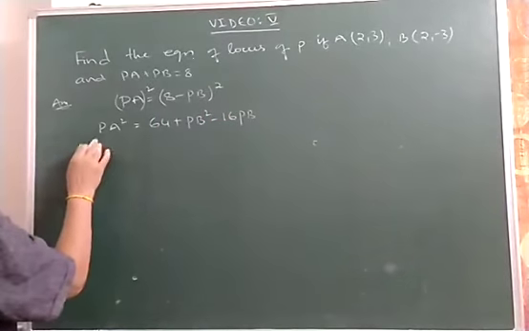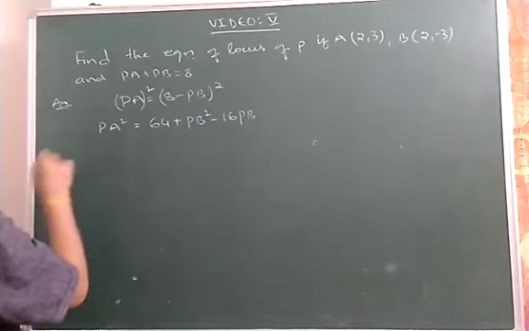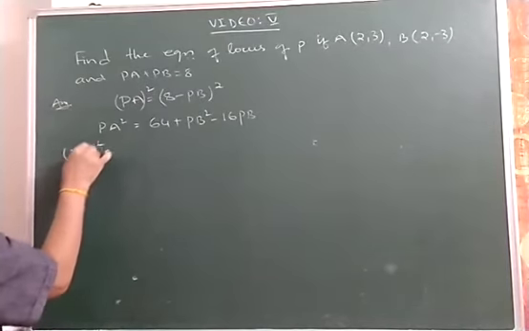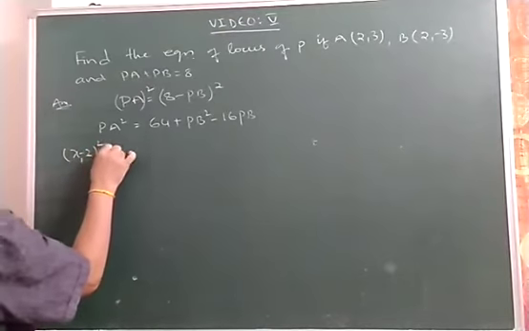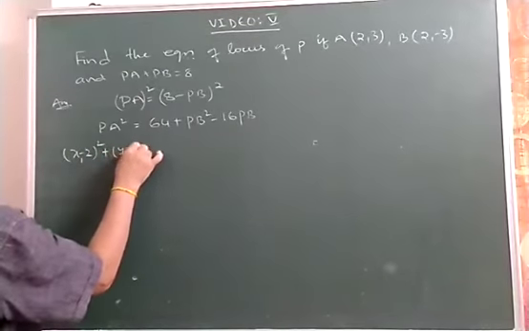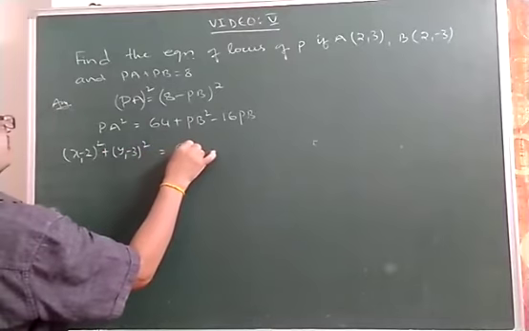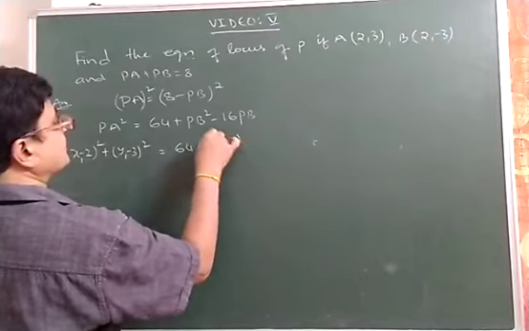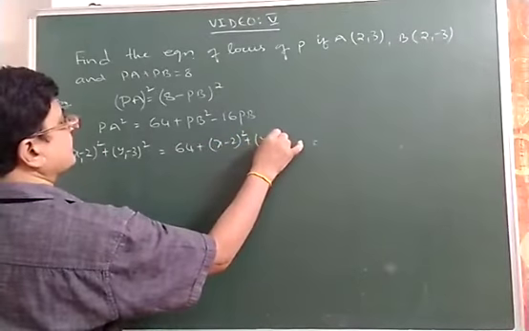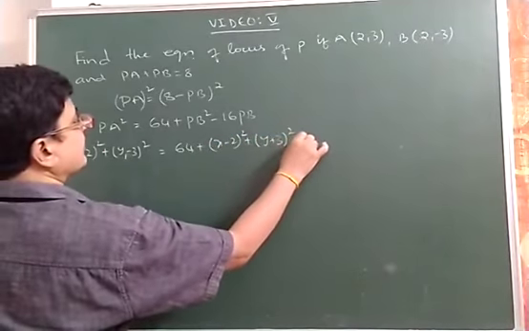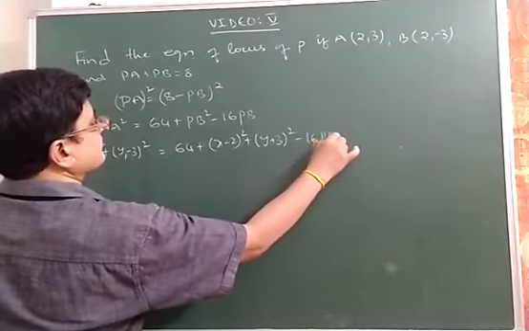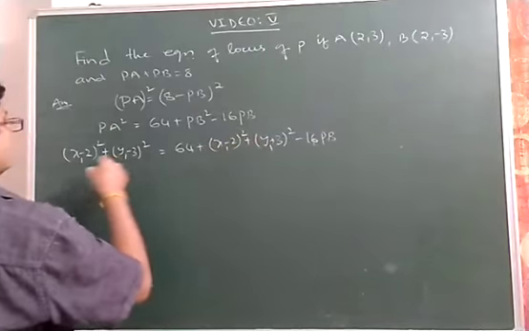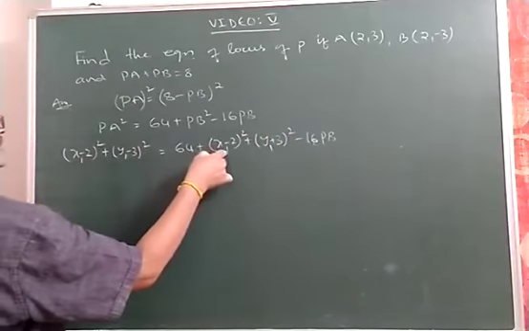Now PA square. What is PA square? This is x1 minus 2 whole square plus y1 minus 3 whole square. That is equal to 64 plus PB square, meaning x1 minus 2 whole square plus y1 minus of minus, plus 3 whole square, minus 16 into PB. So here x1 minus 2 whole square, and here x1 minus 2 whole square